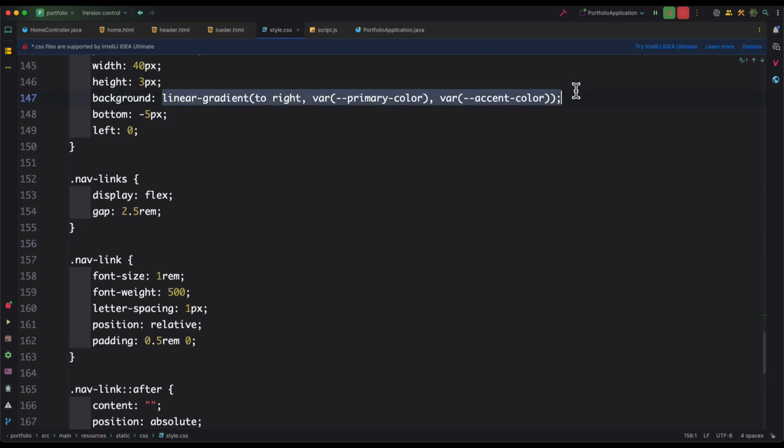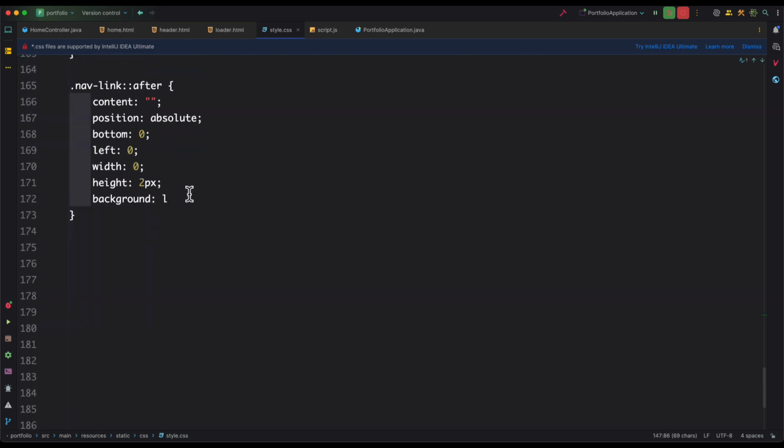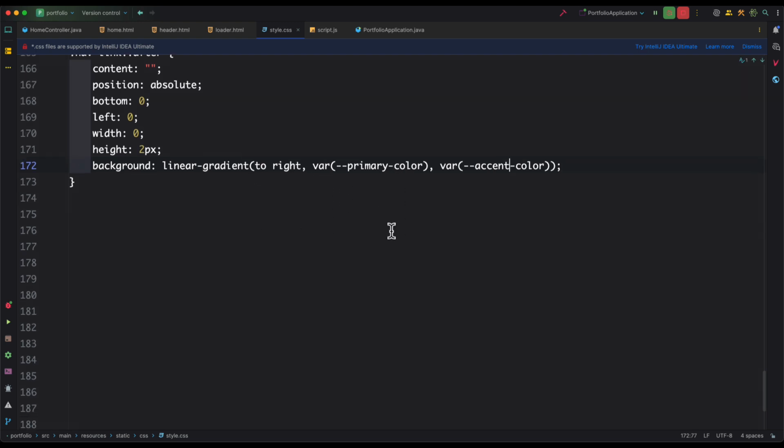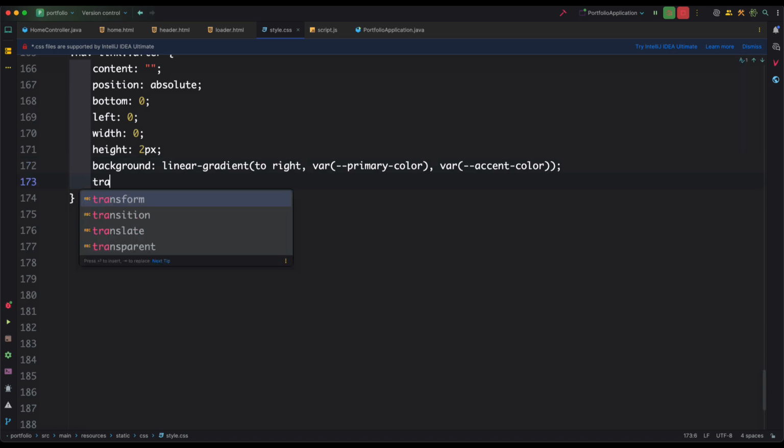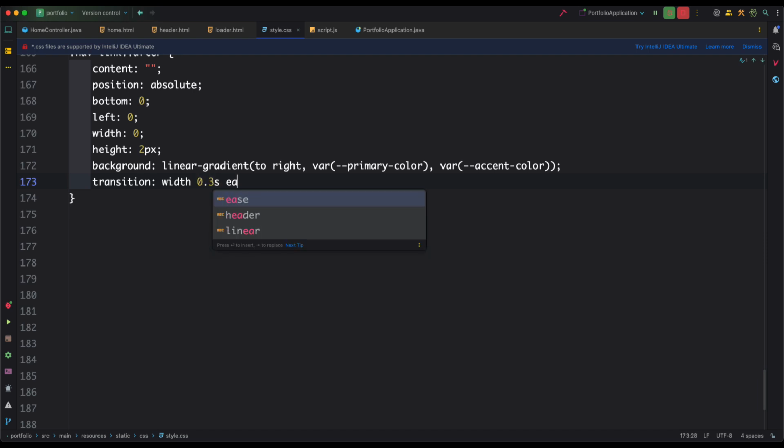So just copy this, paste it. So this is going to be a primary color and accent color. Next, transition width 0.3 seconds